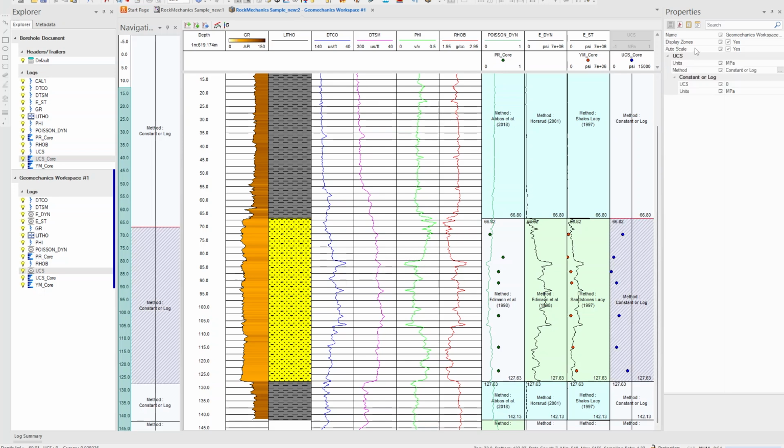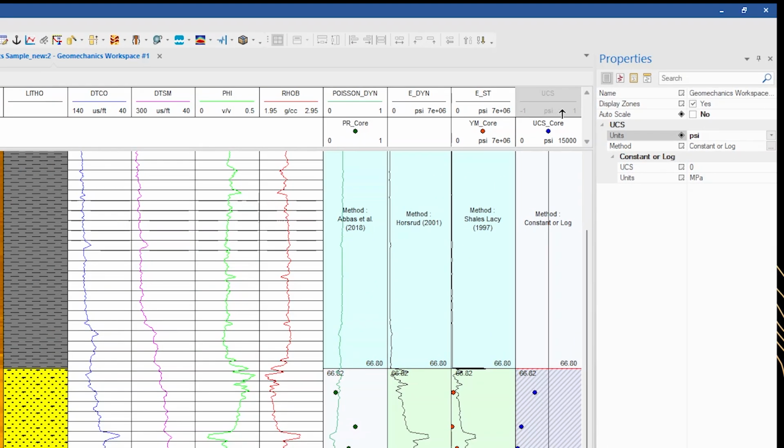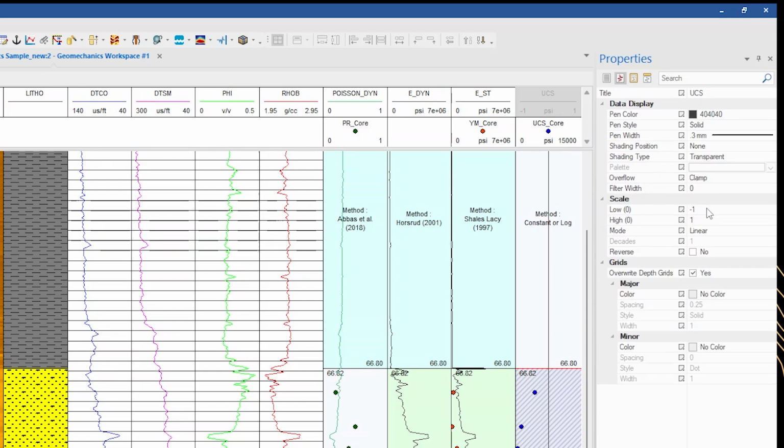We do not want to use autoscale for this case, and we want to have the results in PSI. The UCS core data goes from 0 to 15,000 PSI, so we put the UCS on the same scale.